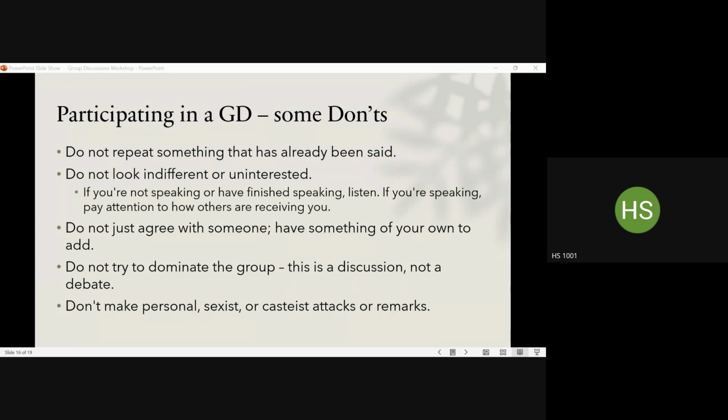It's better not to offend people by making sexist, casteist, or personal remarks. Sometimes when people disagree with us, we might be prompted to react negatively to them. Like we discussed in our last workshop session, it's very important to remember that you are not reacting to people, you're only responding to people. So be capable of handling the situation in a mature manner. Be capable of not stooping to